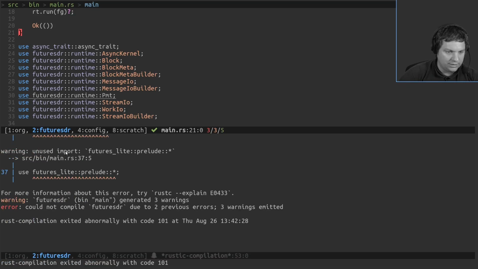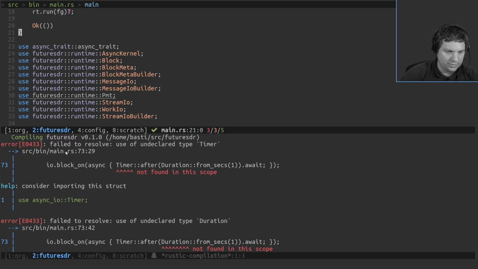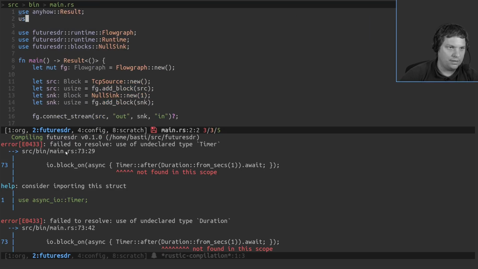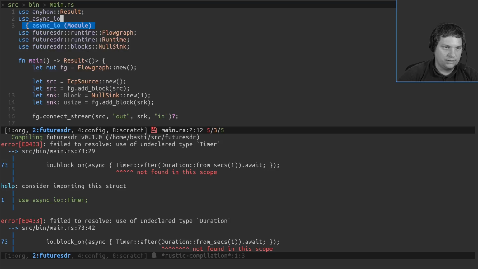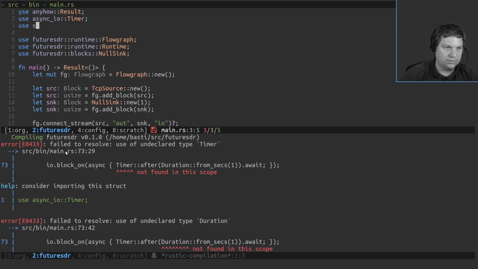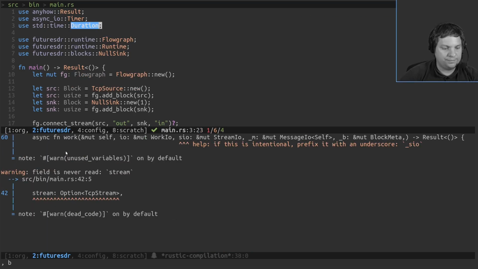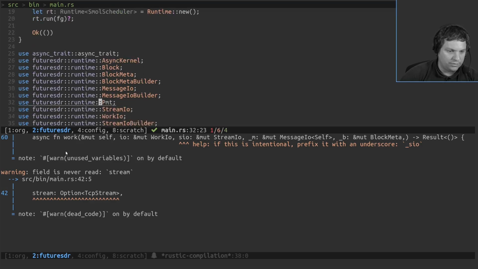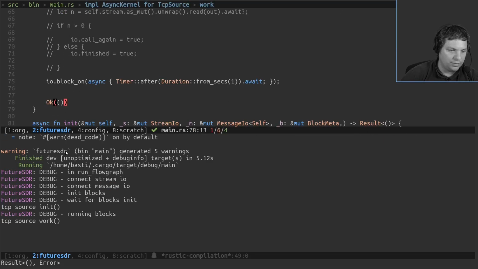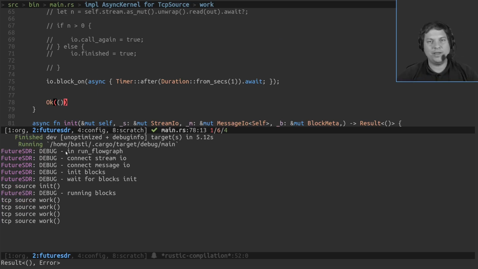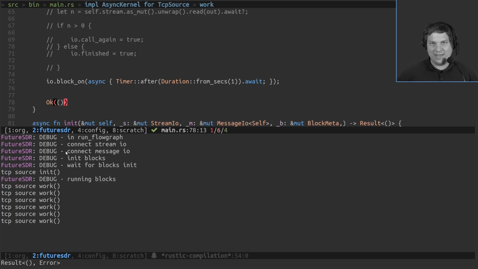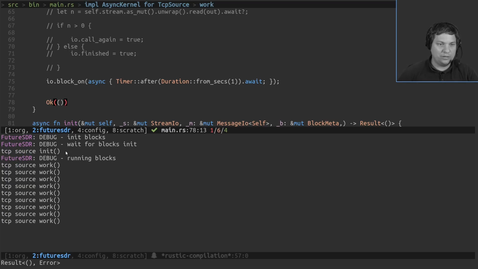I guess it will tell us. No, we don't. Use async timer, duration. So let's see if it works. So yeah, we don't use all of this at the moment. But it works. So now we created a block that tells the runtime, please call me again every second.